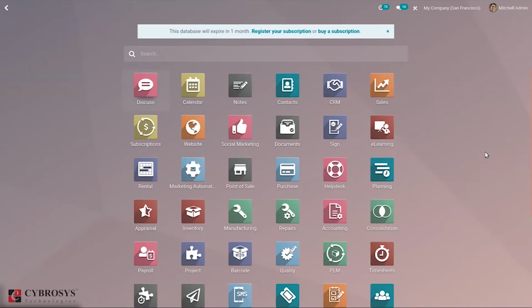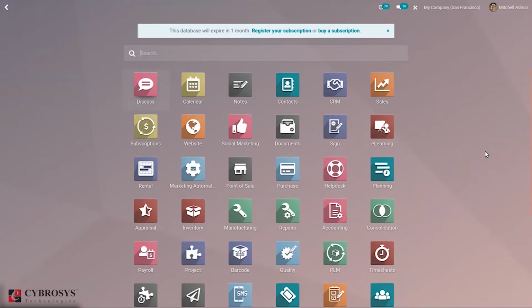So with this PLM, we have a smart versioning feature with efficient difference and merge. So you can work on several versions of the same bill of material in parallel and apply only the differences to manage multiple changes. So you can create different versions of products and bill of materials.